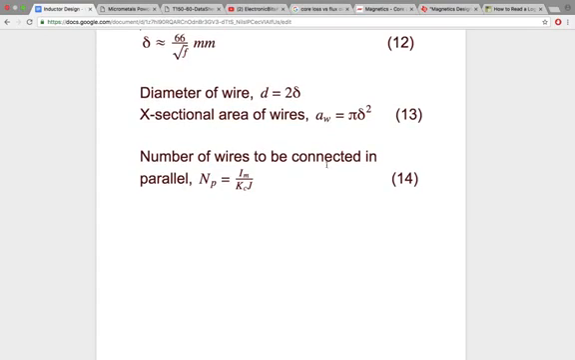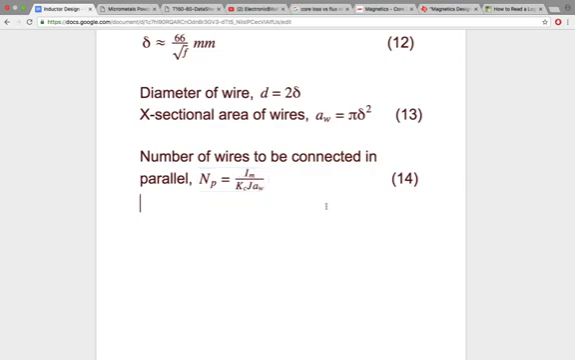Let's say because of this skin effect, we got a wire which can handle only 1 ampere current, but our current requirement is 50 ampere. So we have to connect 50 such wires in parallel to increase the current rating to 50 ampere. So we can do that